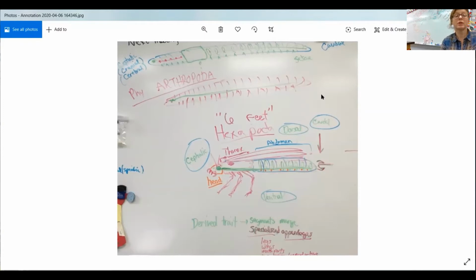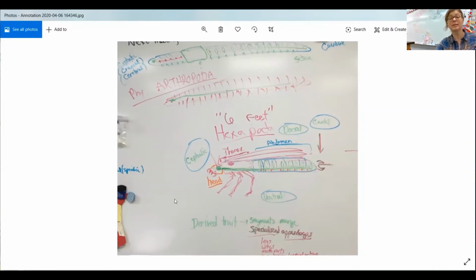Now what happens within Phylum Arthropoda is we start seeing some of those segments moshing together, as I mentioned in the last video, into kind of larger segments. I kind of think of it like if you've worked with Excel or a Google spreadsheet, like we did first semester, you can merge multiple cells into a bigger cell, and that's what I think of when I look at the head on the insect.